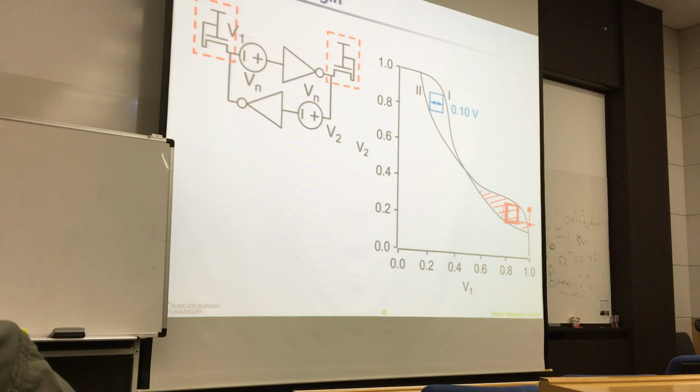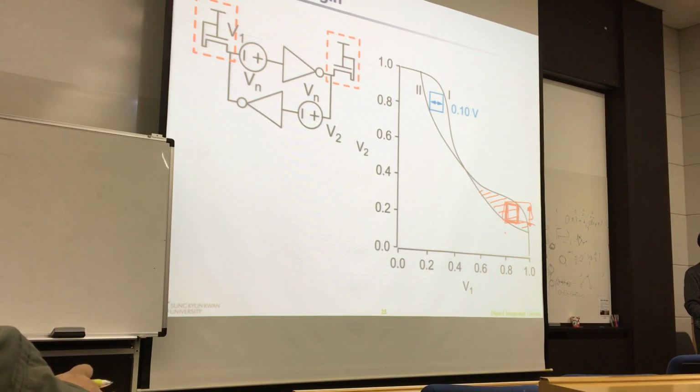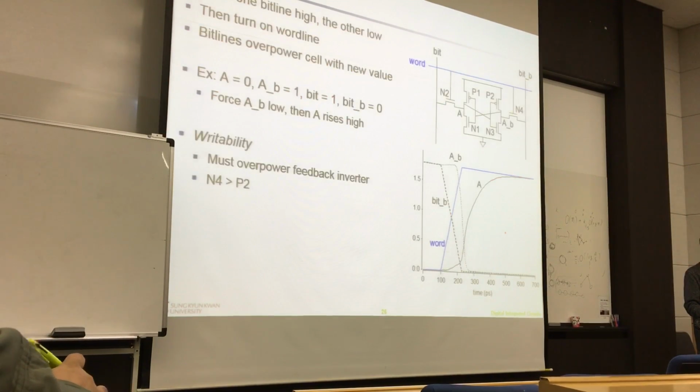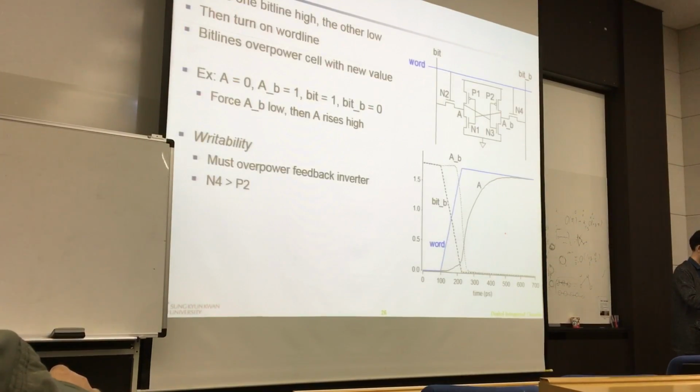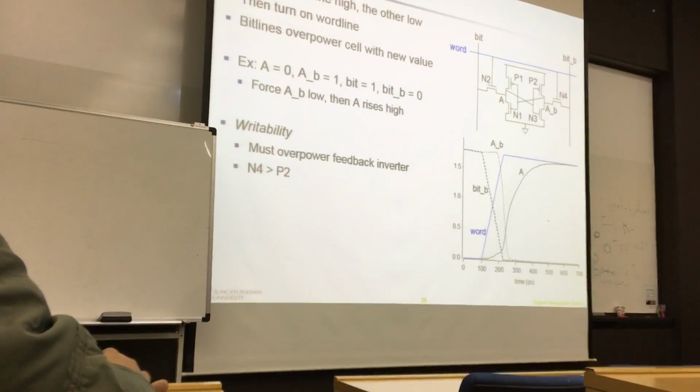Okay? So the read operation is more sensitive to noise, basically. And that makes sense, right? You have a lot of current injected into your SRAM cell, so your internal node voltage could shift. Right, so that was the static noise margin for the read operation. Then let's think about the